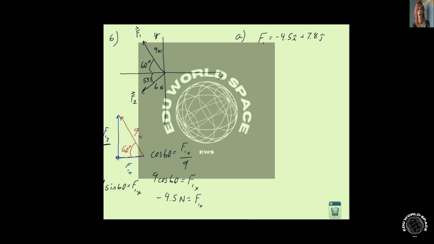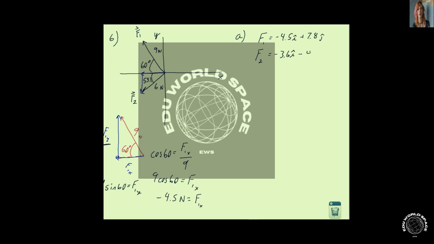in the y direction. Doing similar work for F2, the x component again is the side adjacent to 53.1. We're talking cosine. The y component, let's just draw those in so you have a visual. We got the x component there, that's the side adjacent to 53.1. Our y component is there. Being careful here because our x component is pointing left, that's negative. Our y component is pointing down, that's negative. Similar sines and cosines here, so writing in F2 in component form, we end up with negative 3.6 i hat